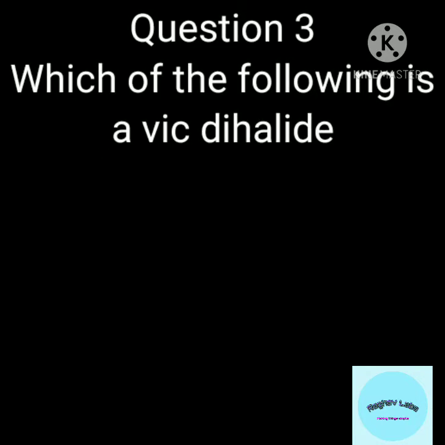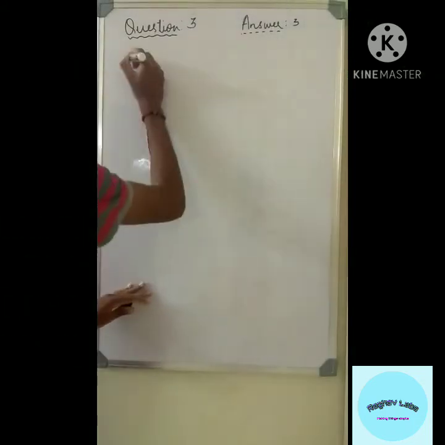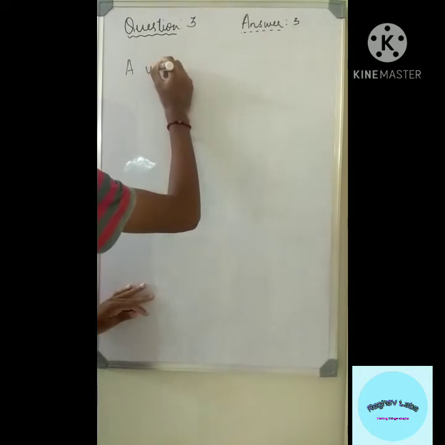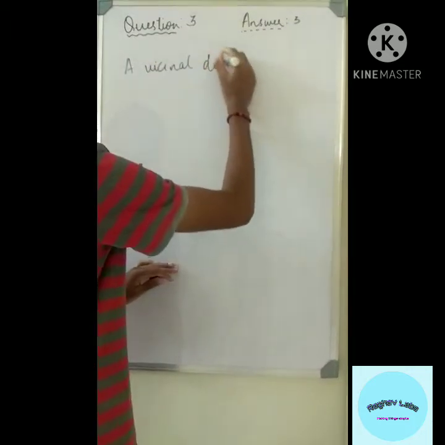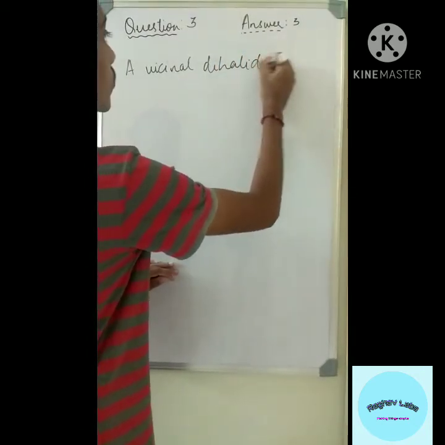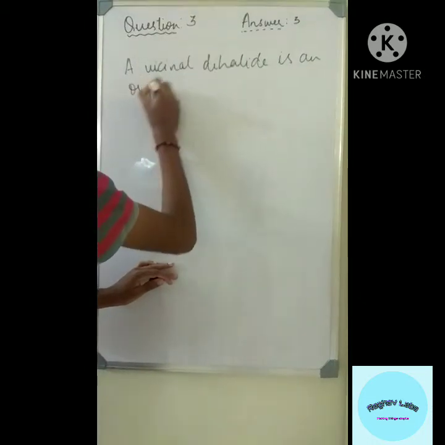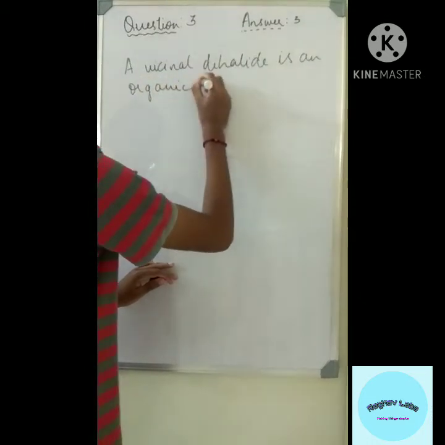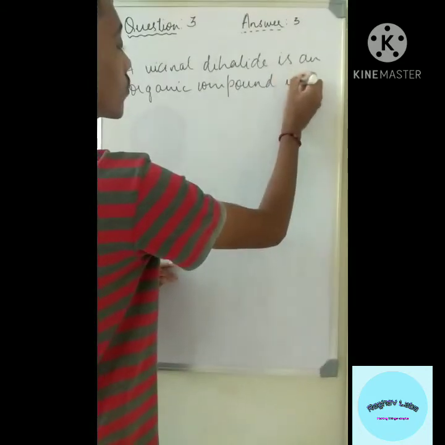Which of the following is a vicinal dihalide or vic dihalide? The options are given as follows. Right? A vicinal dihalide means, yes, I will explain to you what a vicinal dihalide is, and this is question 4 and not question 3, because it is a mistake by me. A vicinal dihalide is an organic compound in which the halogen atoms